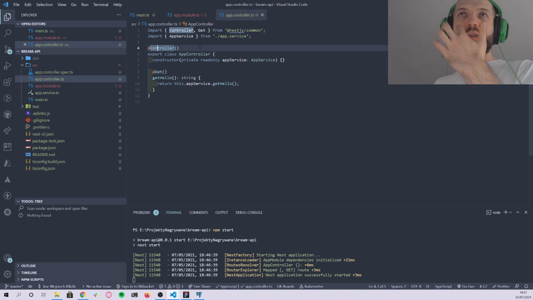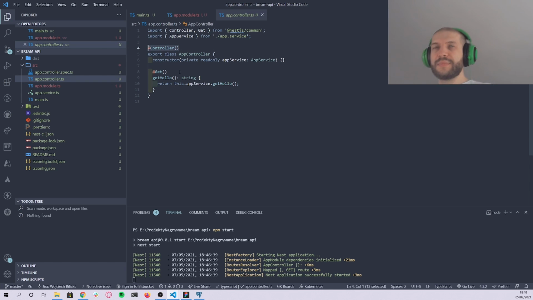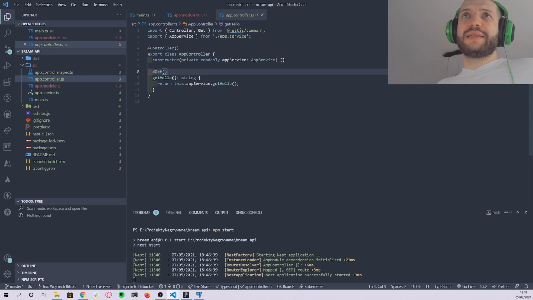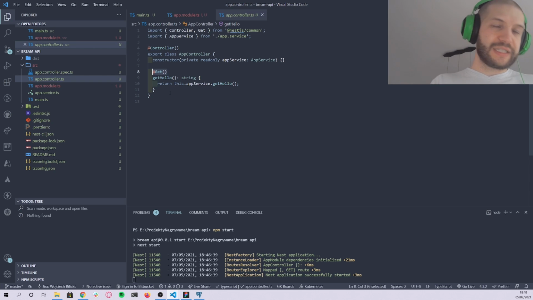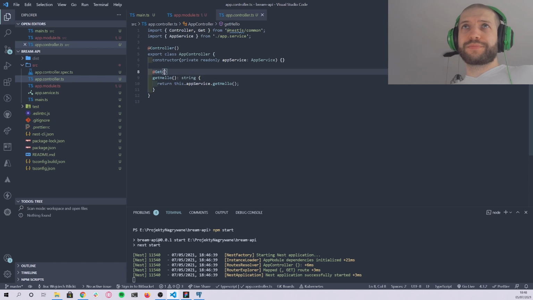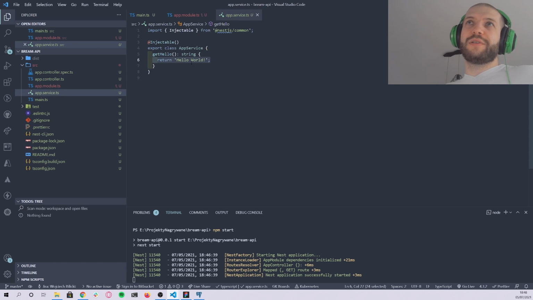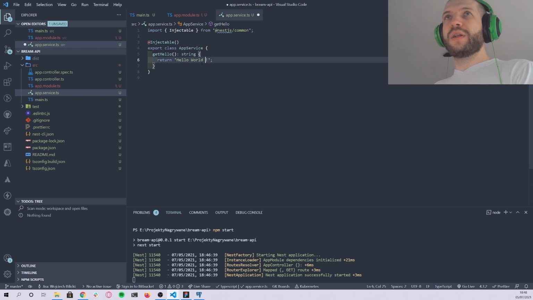If you'd like your class to be a controller, you must mark it as such. Then I can see that we have a get decorator here, meaning this should handle the get request. And when the request happens, it should call app service get hello, which is simply returning a string, meaning if I alter that,